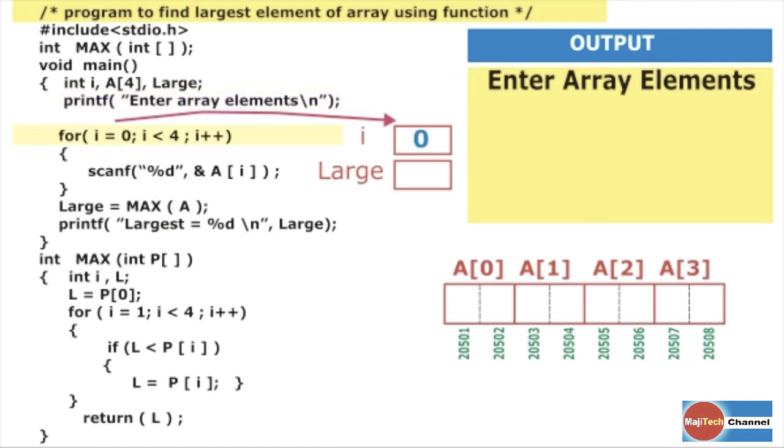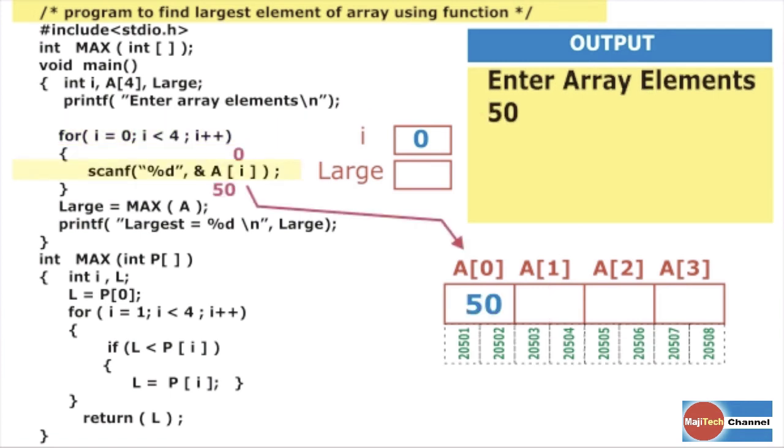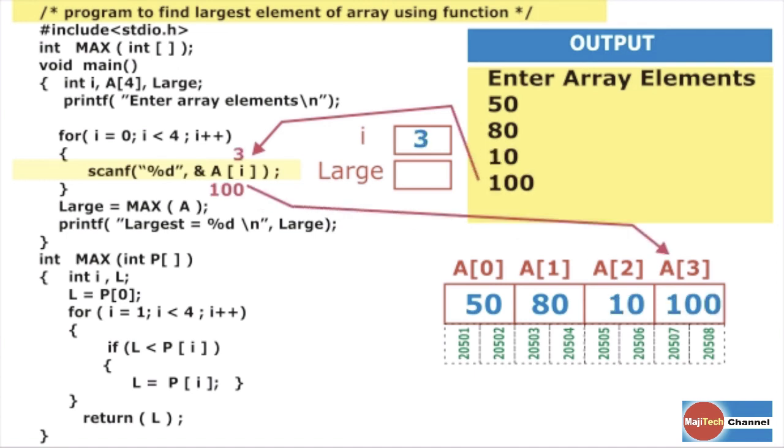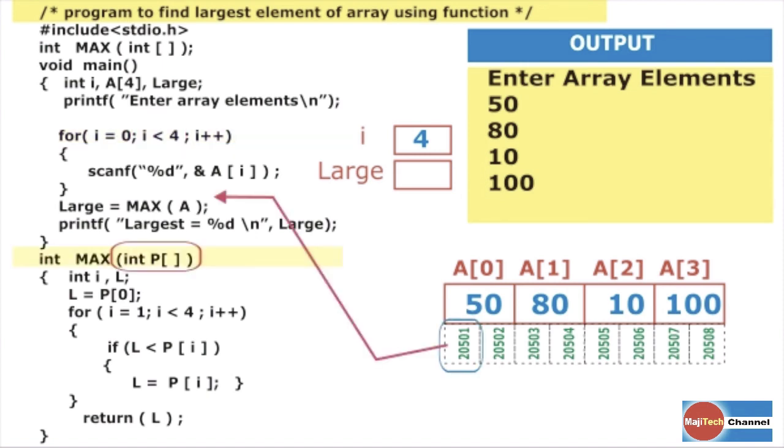The loop will be executed from i equal to 0 to 3, total 4 times. 0 is less than 4, condition is true. Now reading the value of A[0], that is 50. Then the loop will be continued for A[1], that is 80, A[2], that is 10, A[3], that is 100. Now i becomes 4. The condition 4 less than 4 goes false. Now we are calling max function by giving a starting address of an array A,